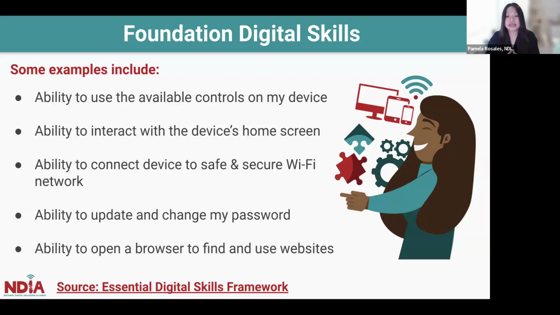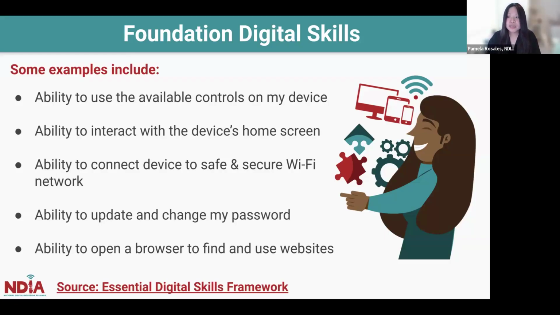And when I say it's important not to assume the proficiency level, for example, based on age, right? Just because somebody has a certain age, whether they are an older adult or a younger individual, we should not assume what their proficiency level is. This assumption that younger folks have better digital skills, we can't assume that, right? Because that homework gap existed and we saw that happening in the pandemic, where people might not have a device at home or didn't have an internet connection, so they weren't able to build up those digital skills.